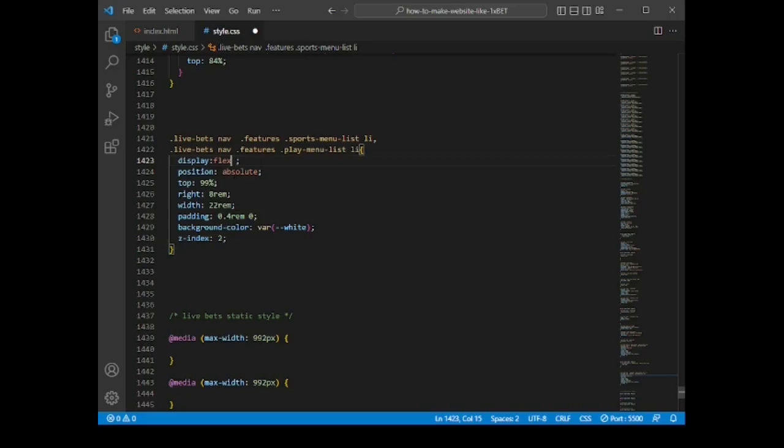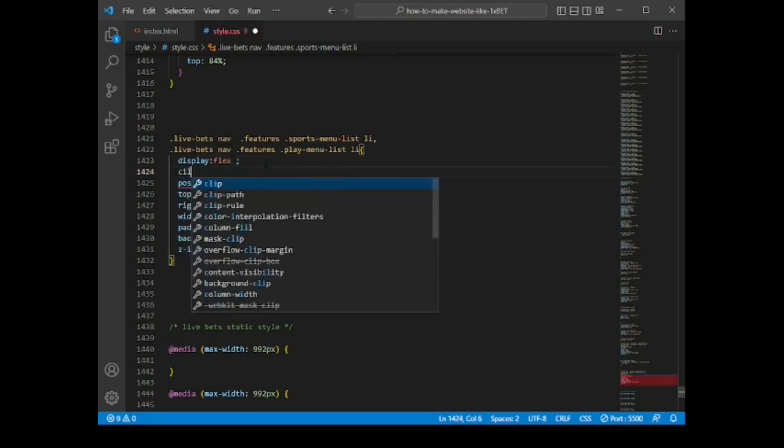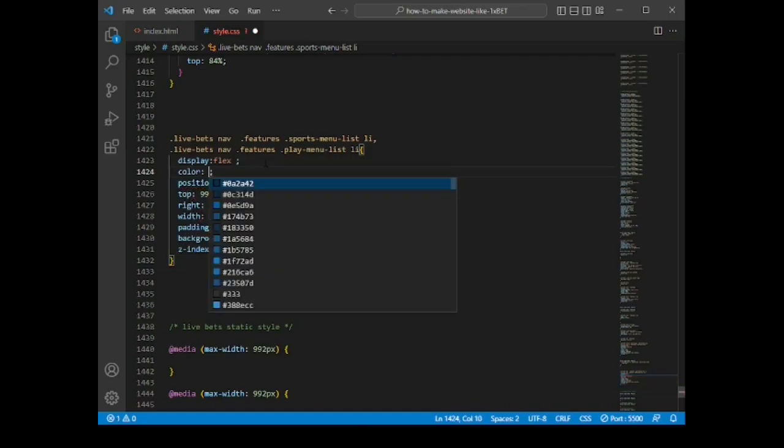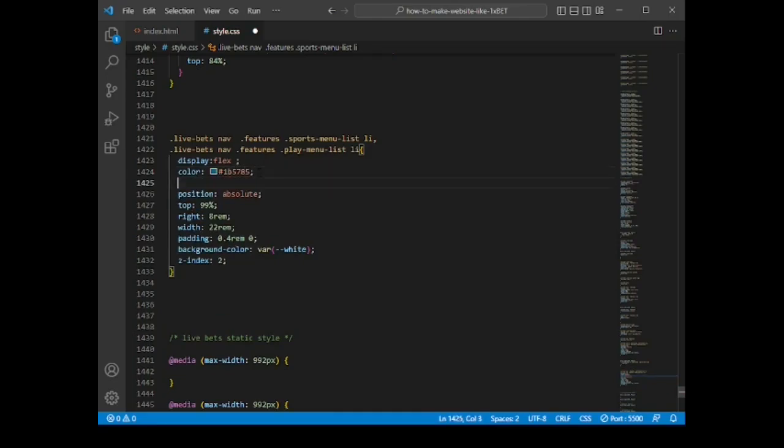I would want to have the color of the text, justify content to space between,